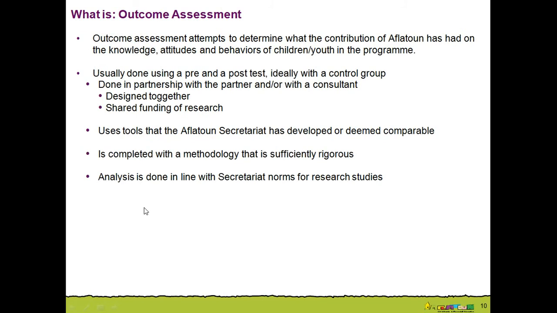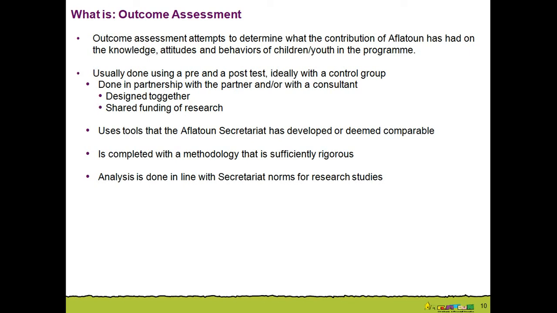Outcome assessment attempts to determine what the contribution of Aflatoun has had on the knowledge, attitudes, and behaviors of the children or the youth in the program. So is this new innovation effective? Now, this is not always going to be done with the most rigorous and the largest studies because of resource constraints, but it will always be done with a sufficiently rigorous process.